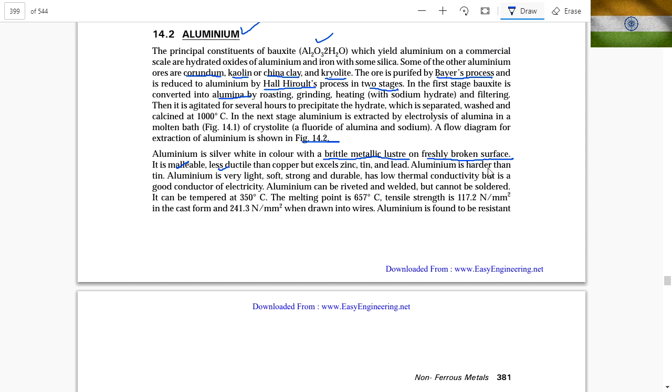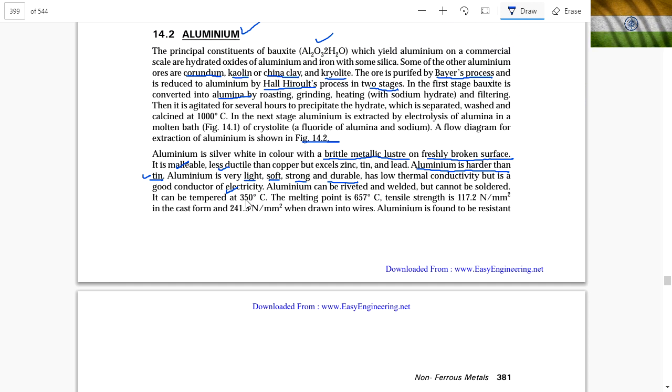Remember one thing, aluminium is harder than tin. Aluminium is very light, soft, strong, and durable, and has low thermal conductivity, but is a good conductor of electricity,